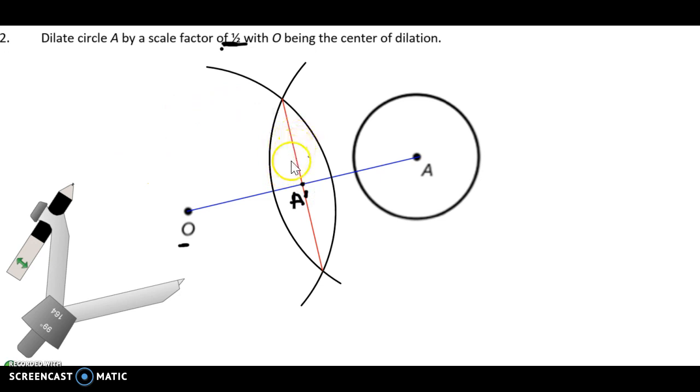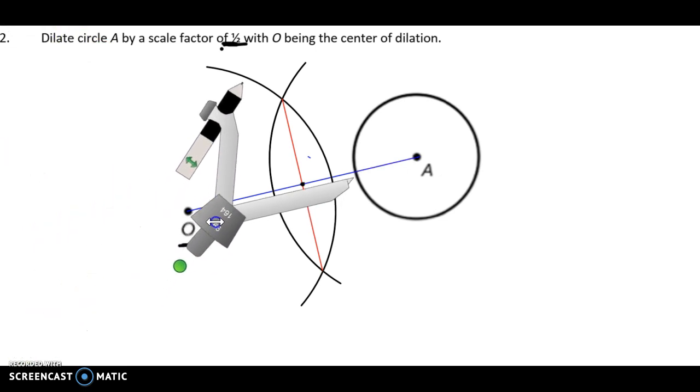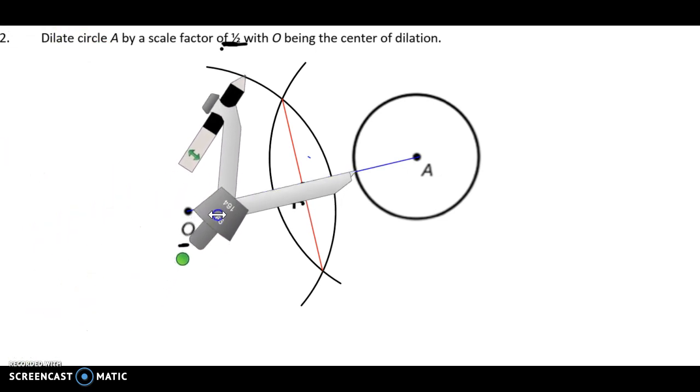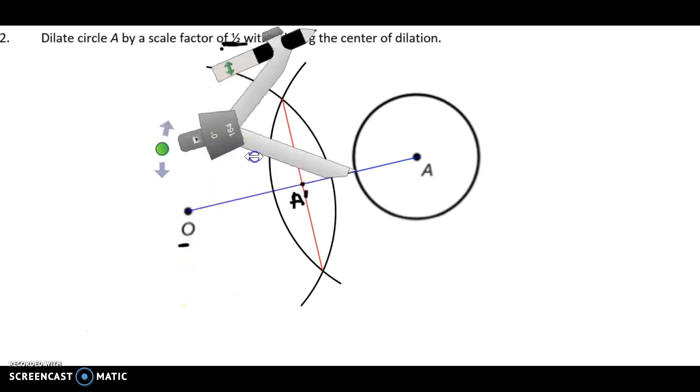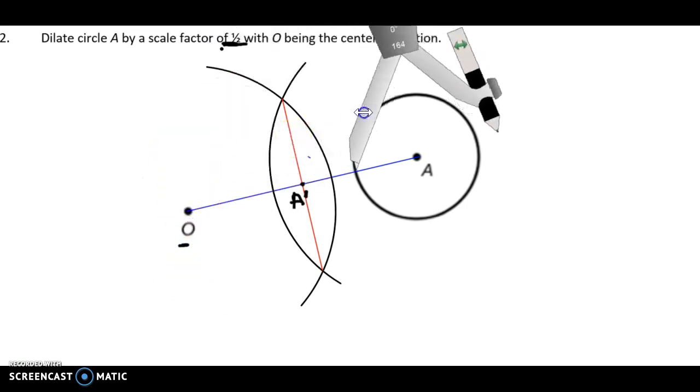And now I need to make the circle half as big. So I'm going to have to bisect again. If I want to make the circle half as big, I want it to have half the radius that it currently has. So if I take a look at the radius, my radius goes from here to here, and again I want to bisect that. And so I'm going to use my compass again, and I'm going to do another bisector. So I'm going to pull my compass over here, and I'm going to start with it here, and I'm going to rotate it around,